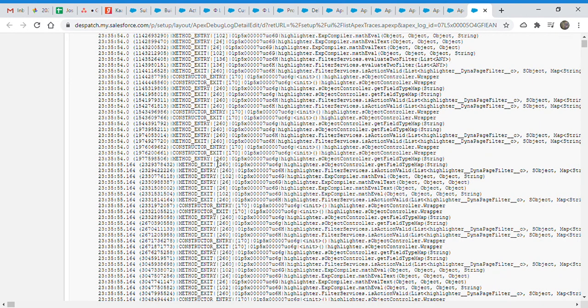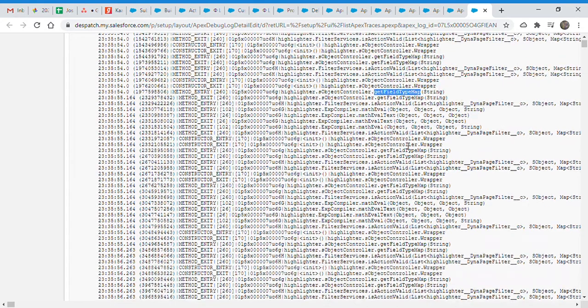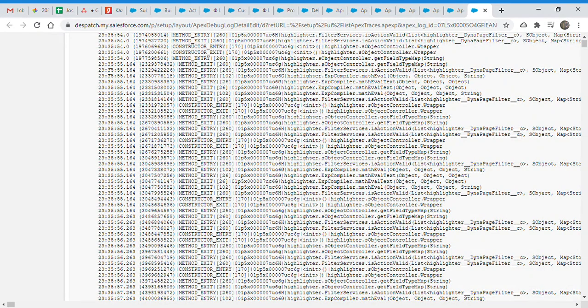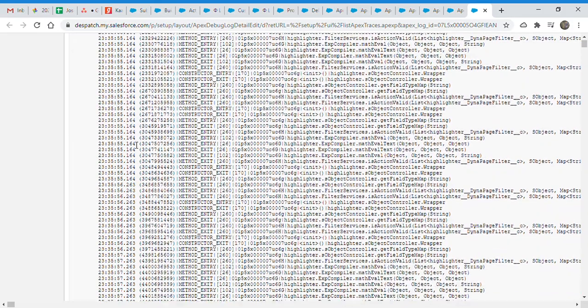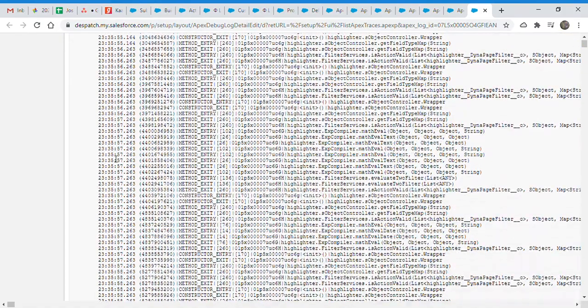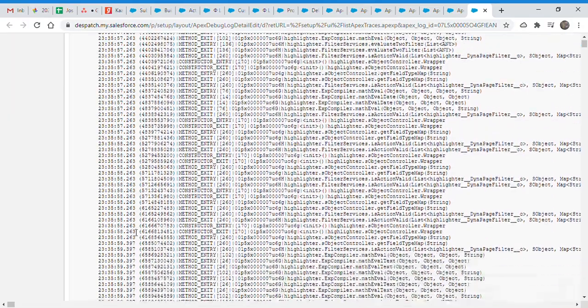I will look into what is happening here. But here you see 55, and it started to get the field type map, where we describe the schema, and if this is not well managed, it sometimes takes a few seconds. So this is 55, and then 56 something, okay, 1 second, then 57, okay, 58,